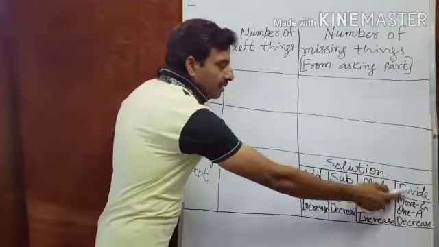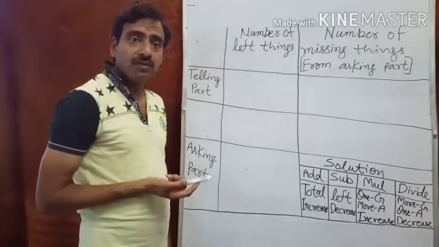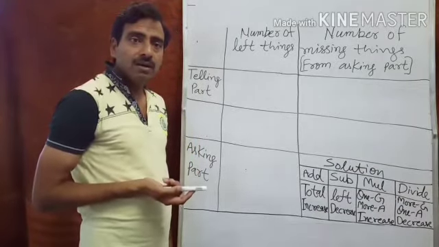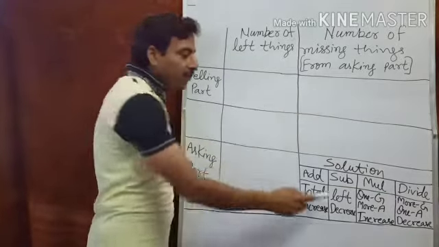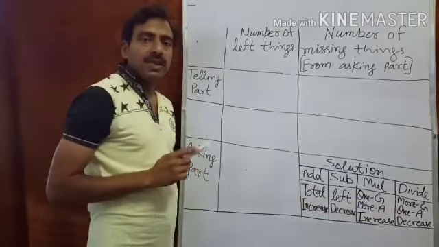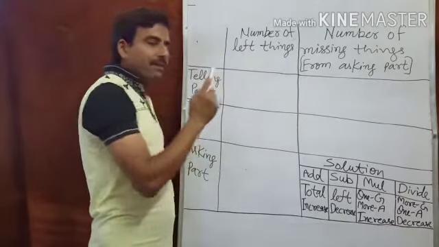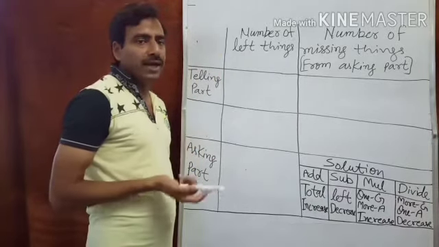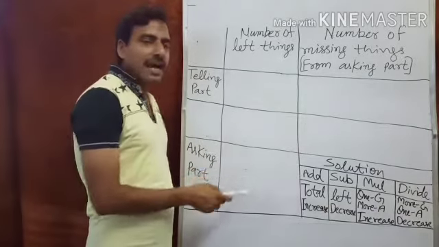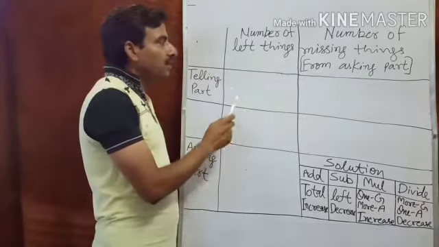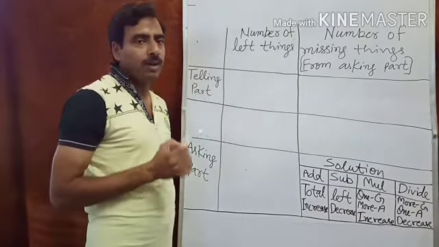And for divide, 5 tables cost 1000 rupees. And what is the cost of 1 table? The cost of 5 tables, more tables' cost, is given and the cost of 1 table is asked. Then what will you do? Divide. You will divide 1000 by 5. Then 200 rupees. It means 1 table costs 200 rupees. So like this, you can use this formula for the solution of each and every type of word problem.